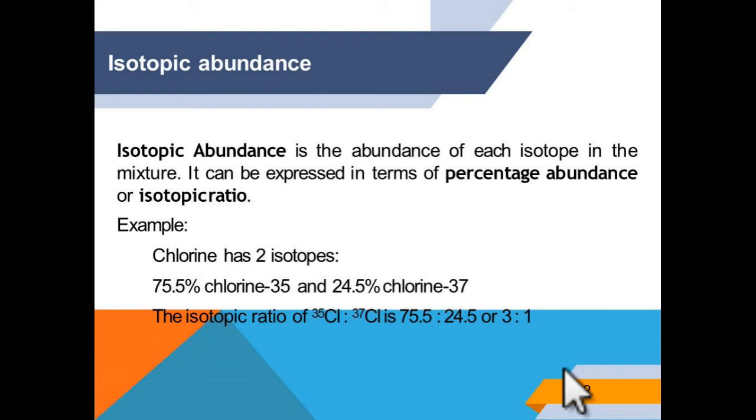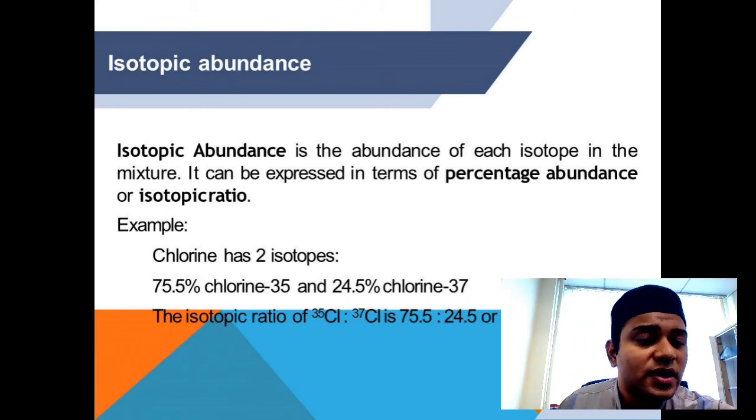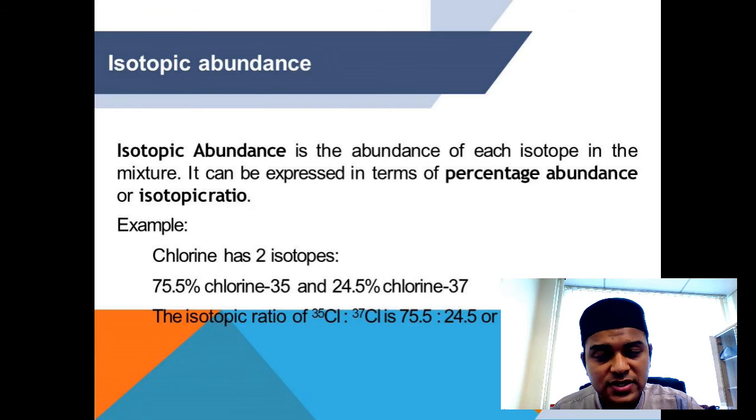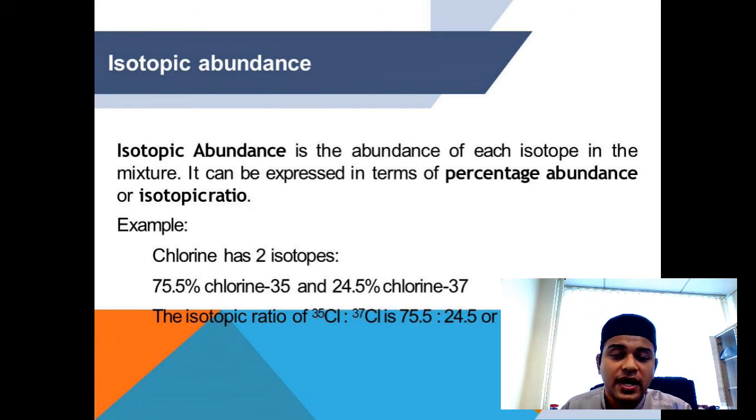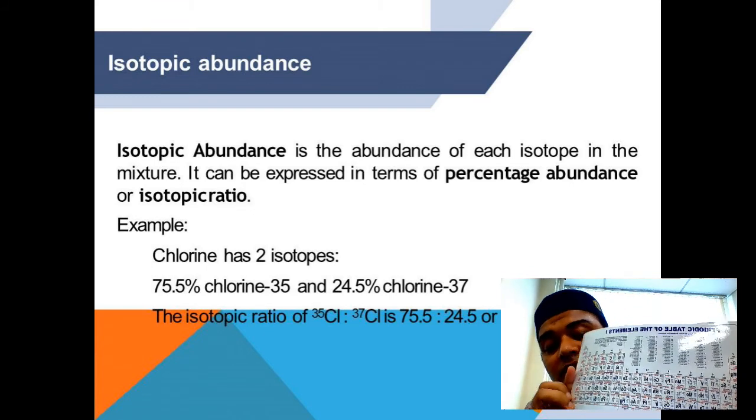So now guys, let's slowly move to the most important topic, and most of the students have a problem understanding this: isotopic abundance. Guys, let me explain one by one, clearly and slowly. When you have a periodic table of elements, you will refer to the elements. Okay guys, when you have a good periodic table of elements like this, you will notice most of